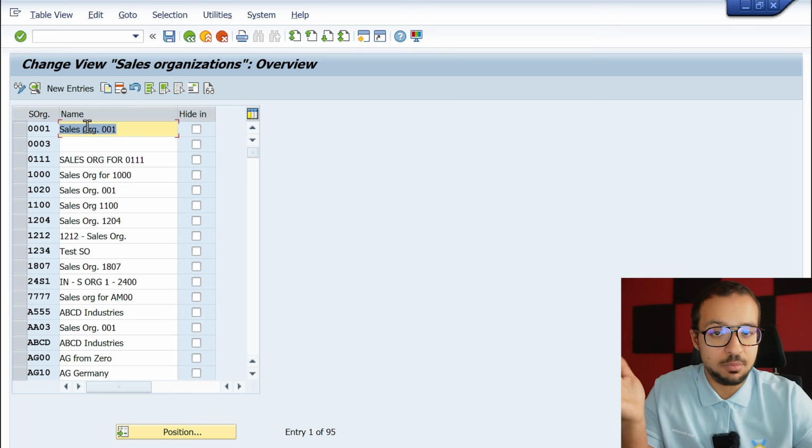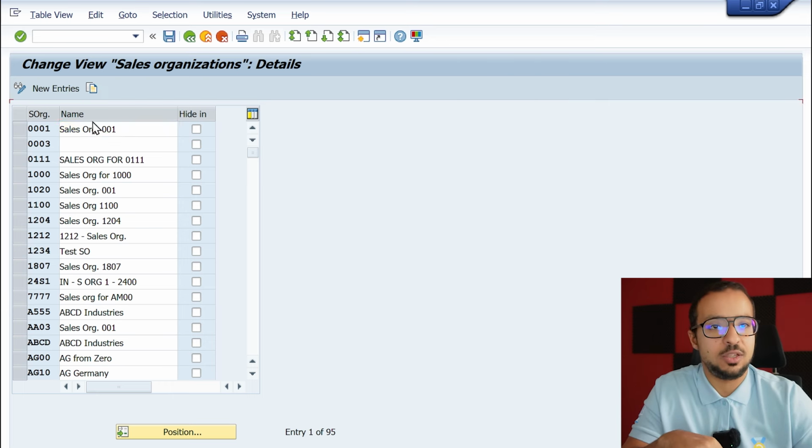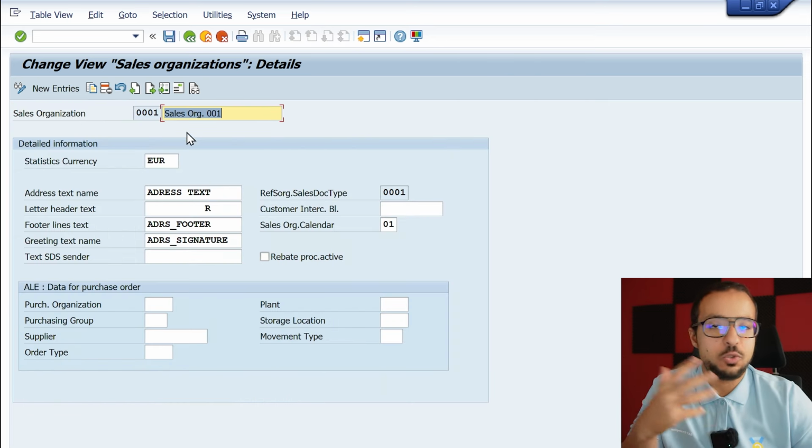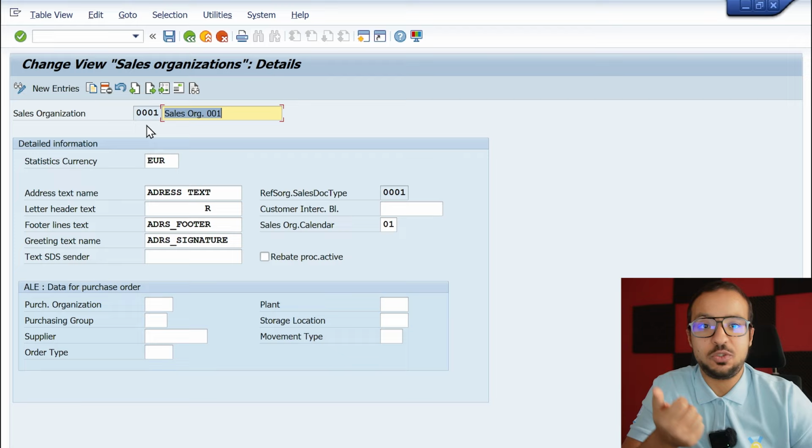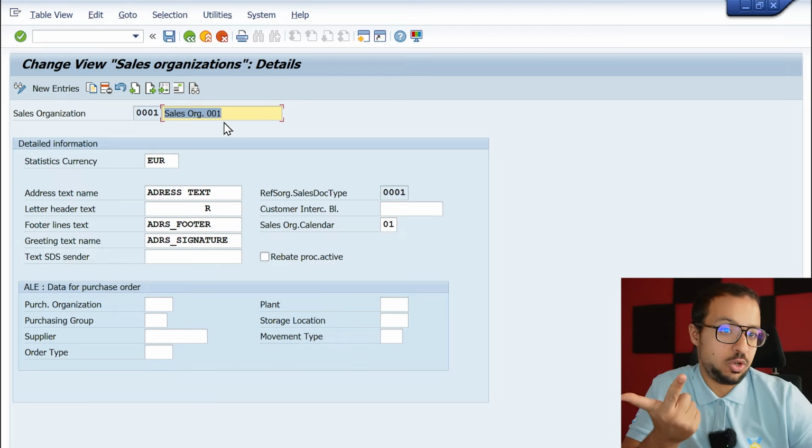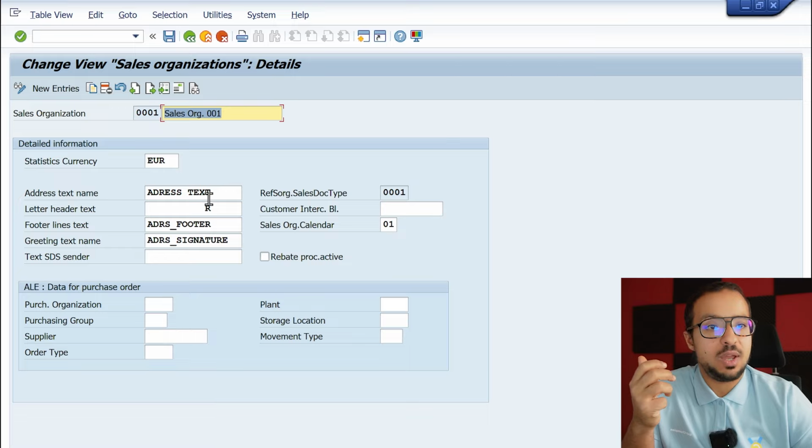Now, if we go into the sales organization 0001, which is the standard one created in any SAP system that we can use as a reference, I can double click here just to see what is inside. So we have the sales organization code, we have a description, statistics currency, and then we have different strings here, and the sales